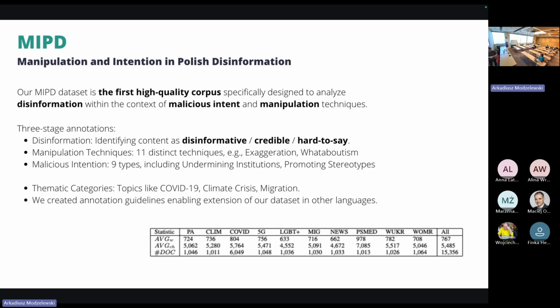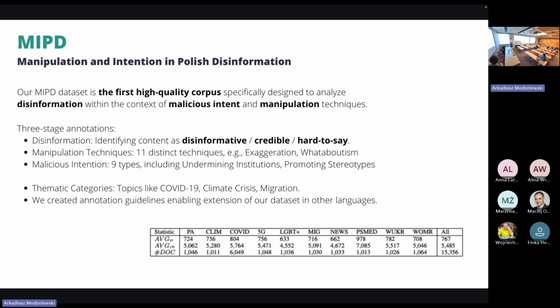Okay, so now let me show you more details about MIPD. MIPD, as I mentioned, is a dataset that is the first high-quality corpus annotated by fact-checking experts with disinformation and also with different manipulation techniques and malicious intent. Our annotation process was quite comprehensive, quite